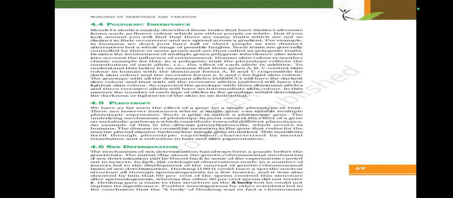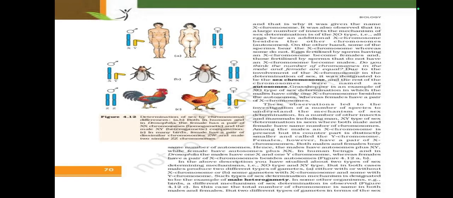significance. Further investigations by other scientists led to the conclusion that the X body of Henking was in fact a chromosome, and that is why it was given the name X chromosome. It was also observed that in a large number of insects the mechanism of sex determination is of the XO type, that is, all eggs bear an additional X chromosome besides the other chromosomes, the autosomes. On the other hand,